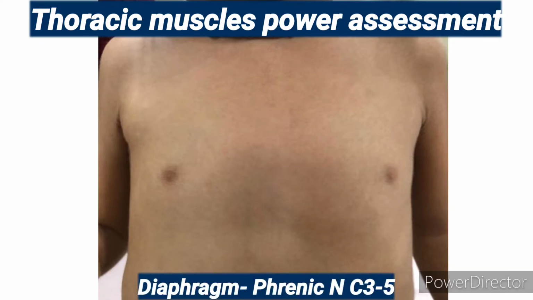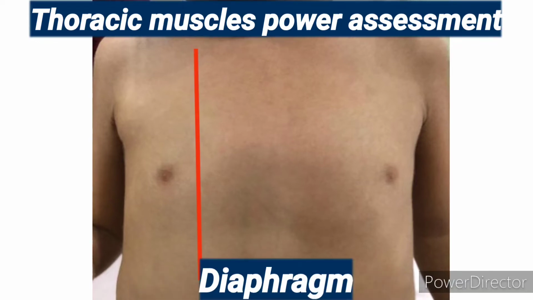It is the principal muscle of the respiration supplied by the C3 to C5 by phrenic nerve. When it contract, it expands the vertical diameter of the thorax by descent of the diaphragm. So vertical diameter of the thorax increase by the contraction of the diaphragm, and the anteroposterior and transverse diameter of the thorax increase by the contraction of intercostal muscle. So whenever child is breathing, or even during sneezing, coughing, laughing, vomiting, or even during urination, diaphragm muscle contract.